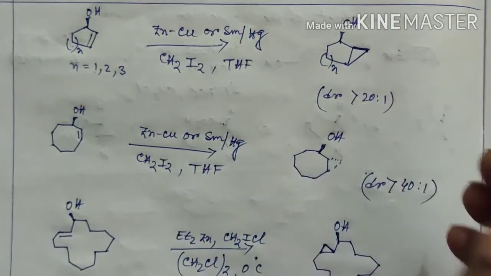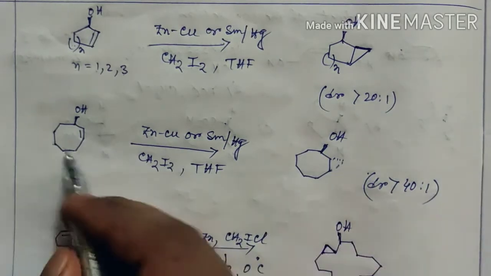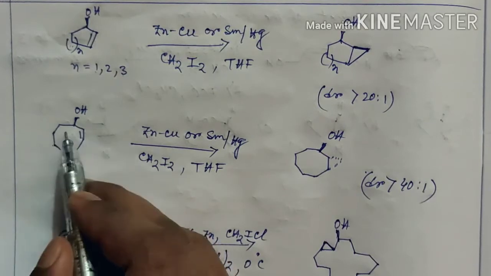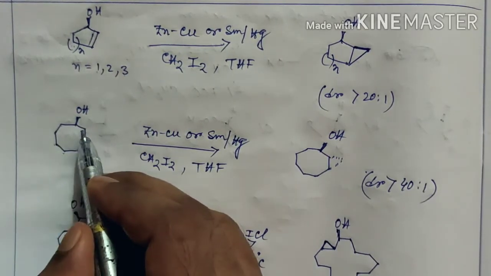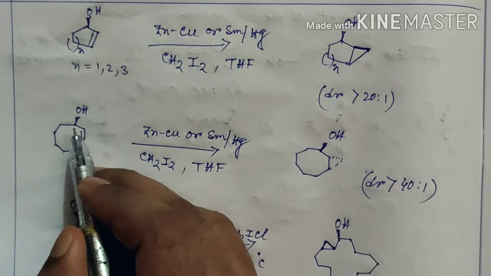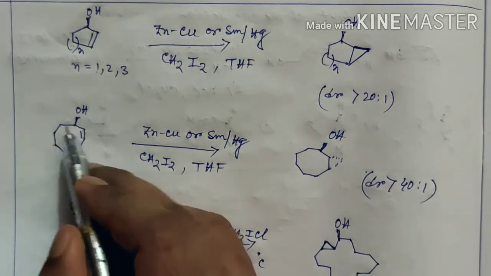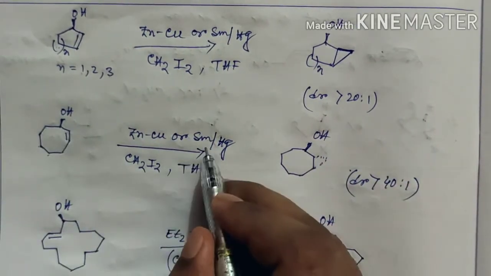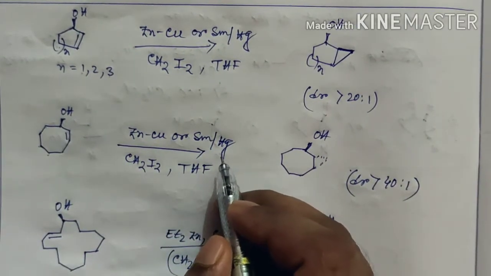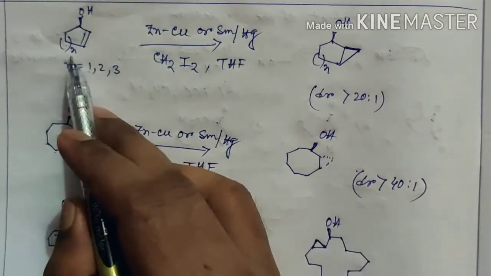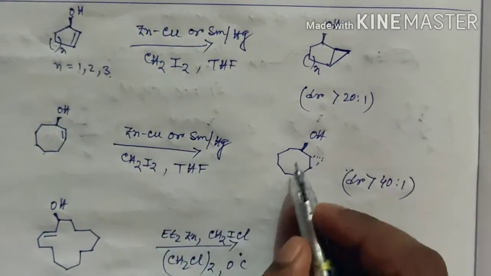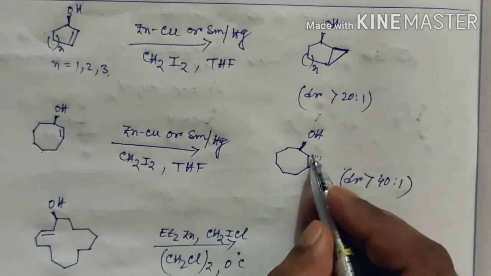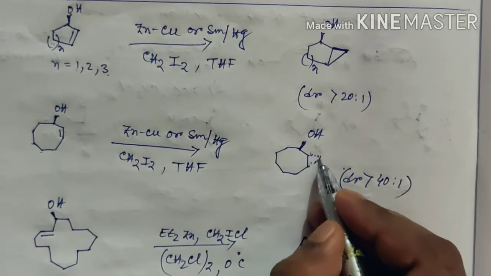Now, in case of 8 or 9 member ring like this one, this is 1, 2, 3, 4, 5, 6, 7, 8, 8 member, that means cyclooct-2-en-1-ol. In this case, due to conformational geometry of this cyclooctene ring, the selectivity of cyclopropane ring formation is just opposite to that of 5 to 7 member rings. Here we can see that the OH group is above the plane and cyclopropanation is occurring from below the plane,